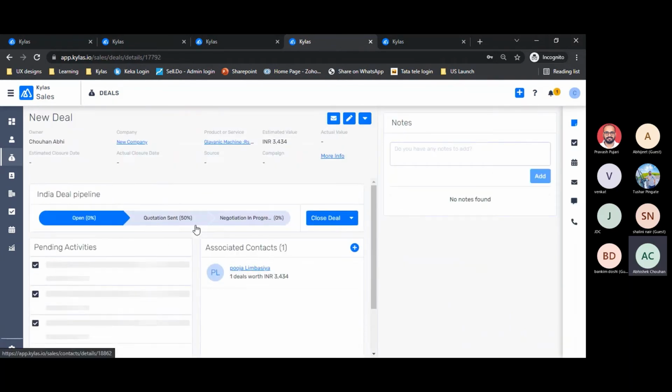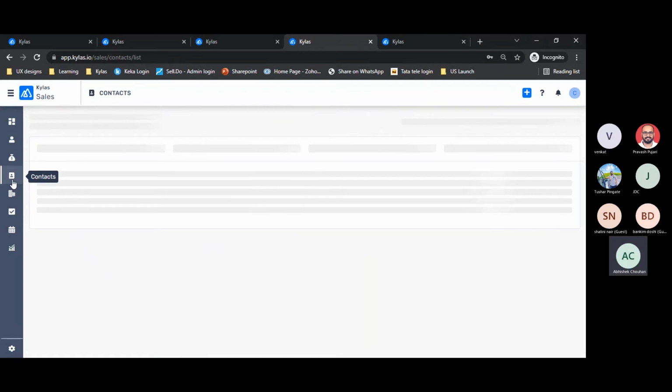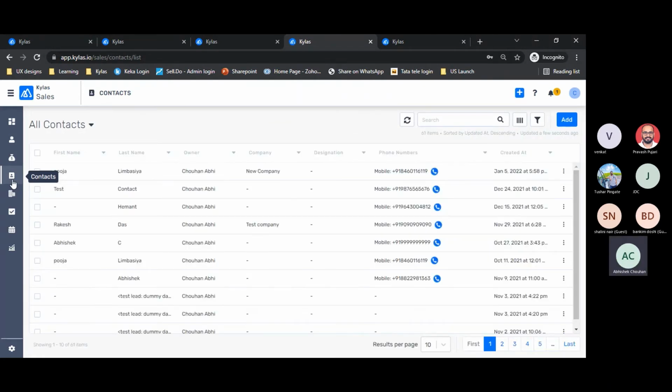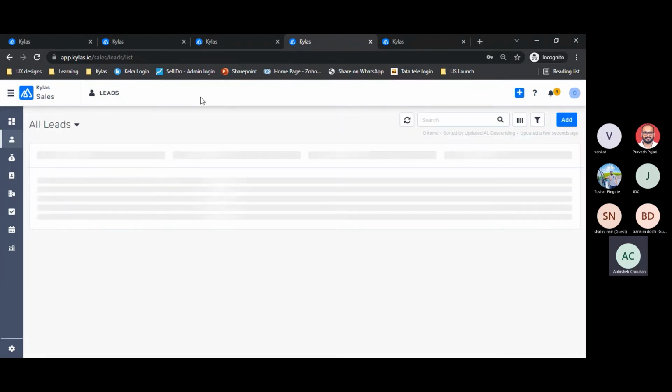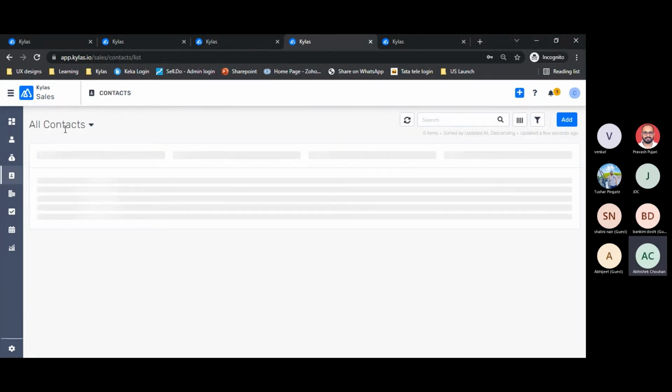When I click on that deal, I get to see the associated contact, which is nothing but the same person whom I was talking to, but now that person isn't marked as a lead in the system; it has been converted into a contact. So there is a major difference between leads and contacts in Kailas, right? Leads will be having all sort of suspects in the system who may have shown some interest through your online campaigns or some other ways, right? But once that person is interested, that means it is a prospect now. You can convert that and create a contact out of it.